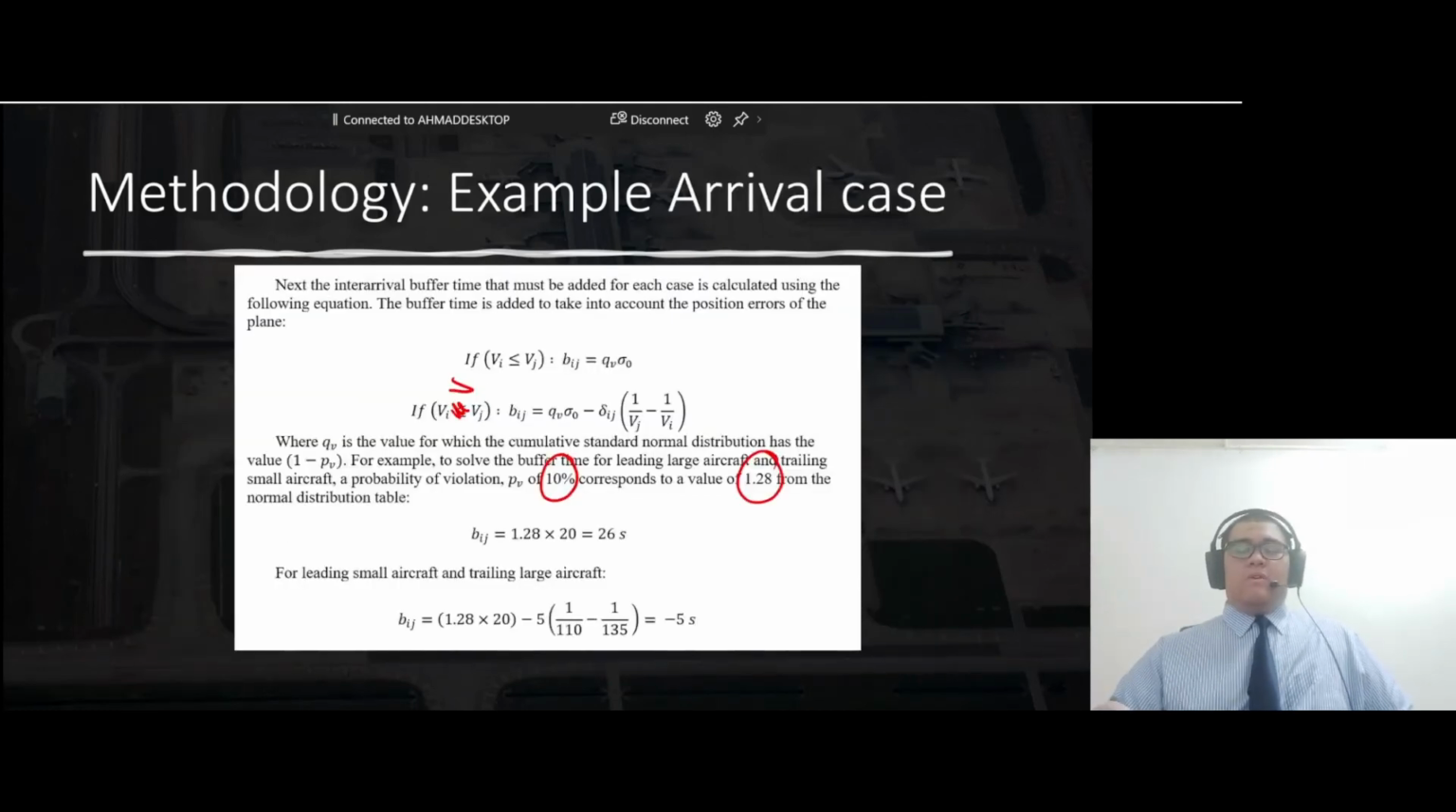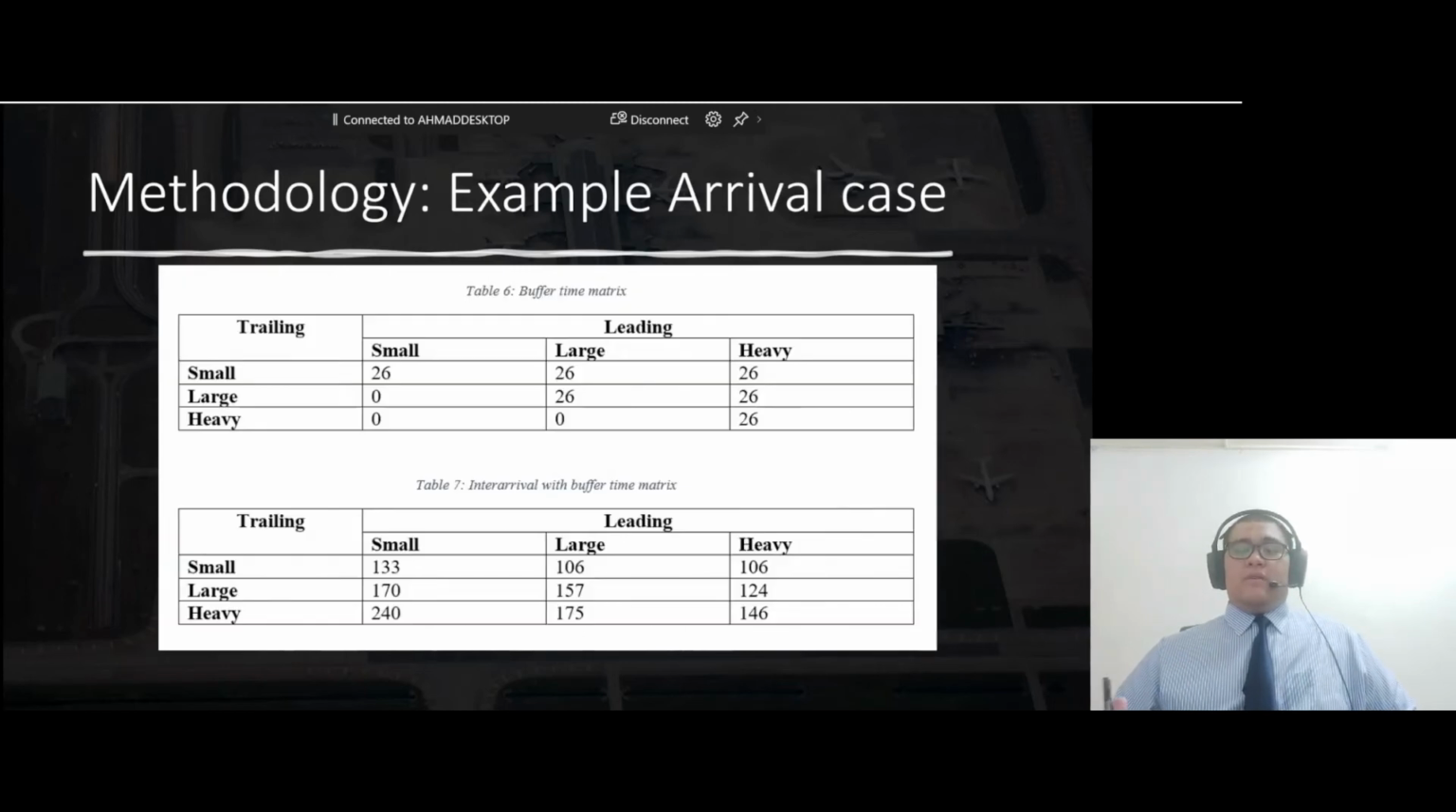So we do the same thing for the leading small aircraft and the trailing large aircraft, and we found that we get negative 5 seconds. The buffer time cannot be negative, so that has to be 0. And once we calculate for all the possible combinations, we get this buffer time matrix. And then we simply add that to the inter-arrival time that we previously calculated, and we get this